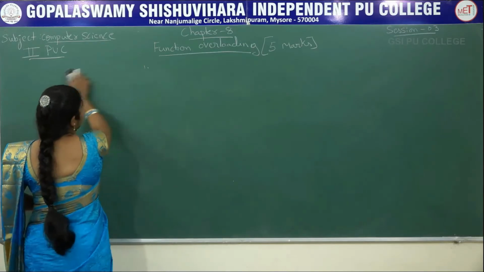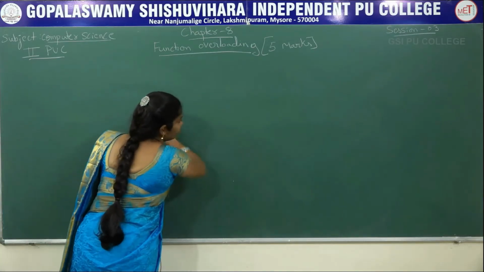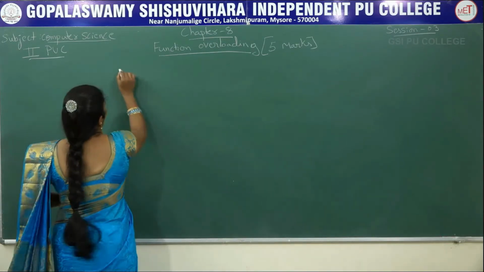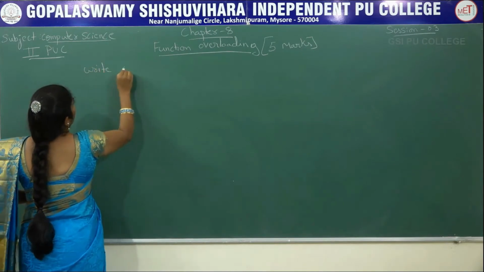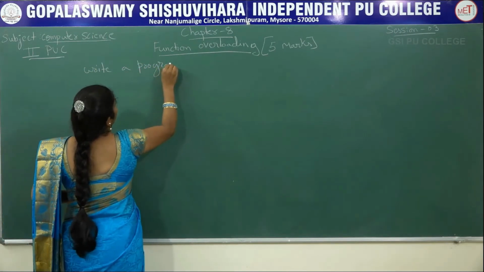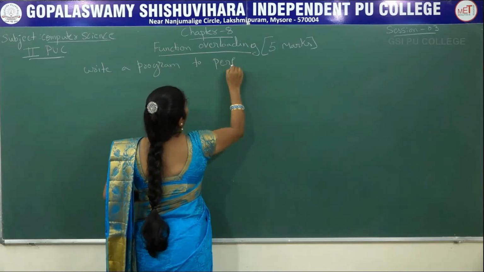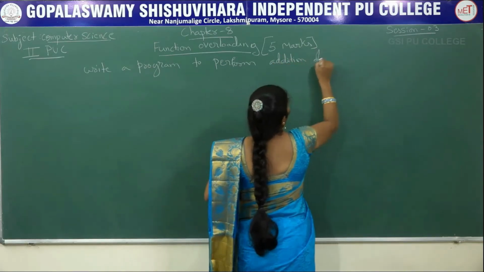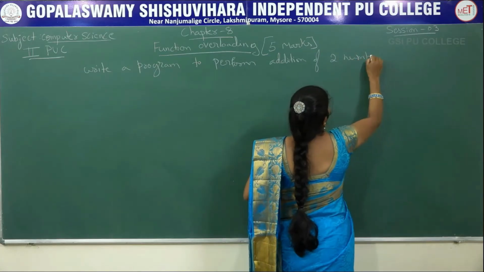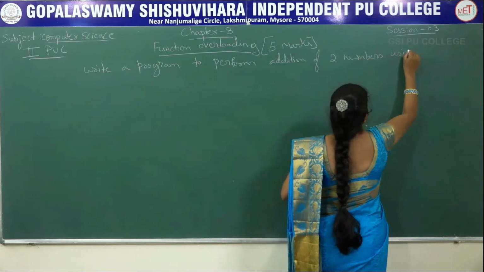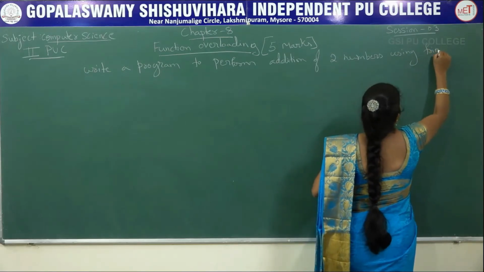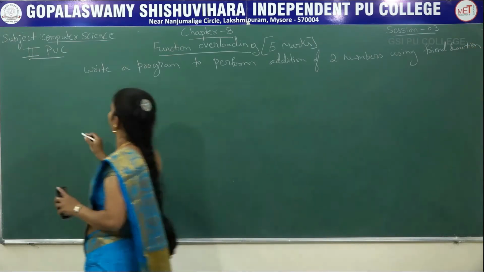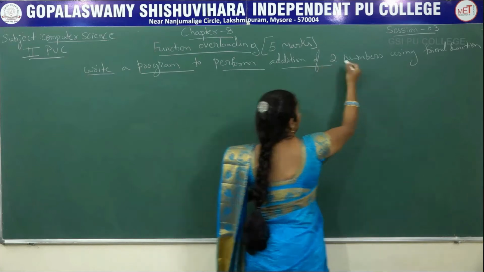This is the syntax to declare a friend function. This friend function we will explain with one example program. For example, I want to perform addition of two numbers. I want to write a program to perform addition of two numbers using friend function. Then how to write the program for this, that now I am going to explain.